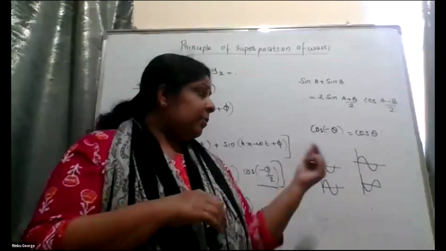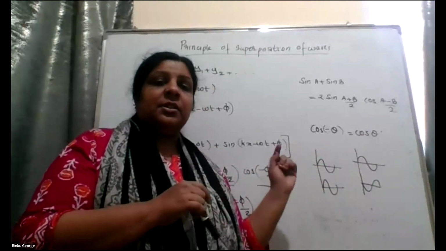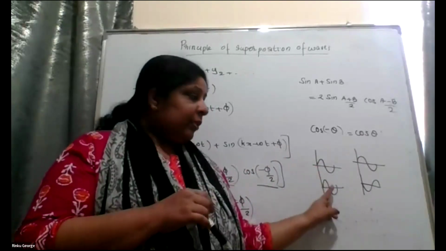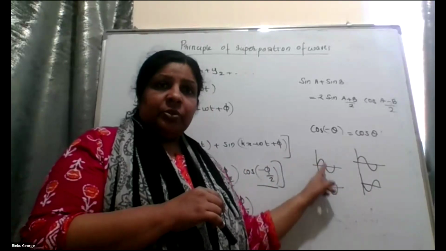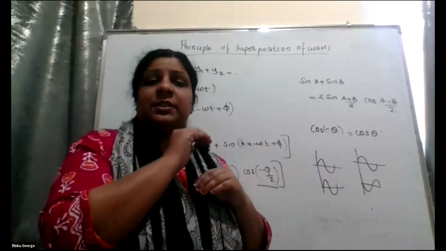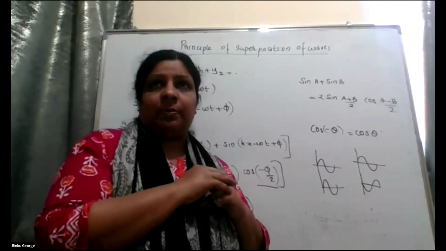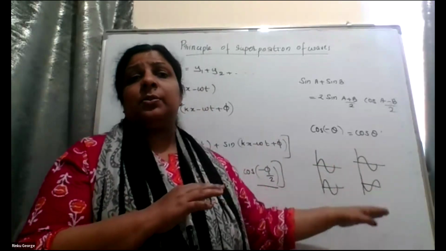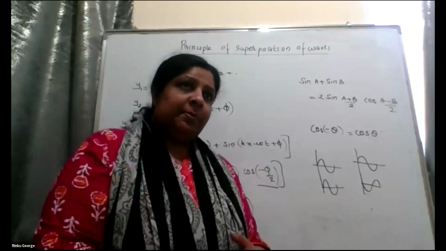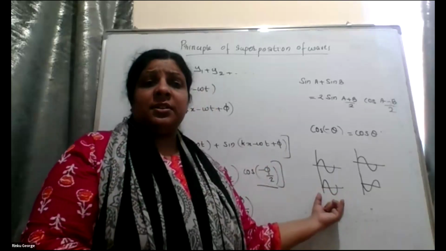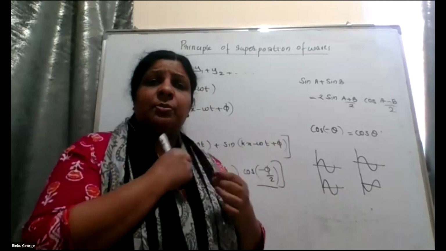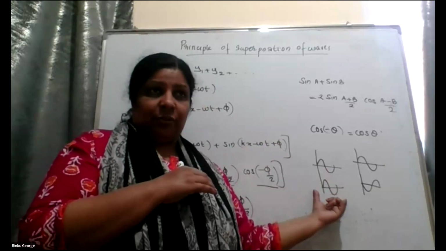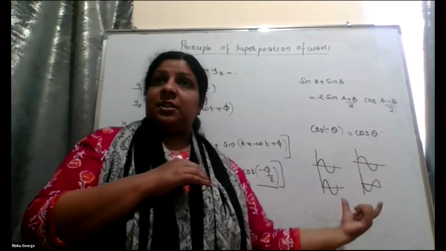If they both are in the same phase, this wave is 0 and this is also 0 at the same time. At this particular time, maximum. So they both are in phase. If two waves of the same phase are added, you will get the maximum. If two waves of opposite phase, with a phase difference of 180 degrees, are added, you will get the minimum. The interaction between the waves is interference. This one we call constructive interference, and this one we call destructive interference.